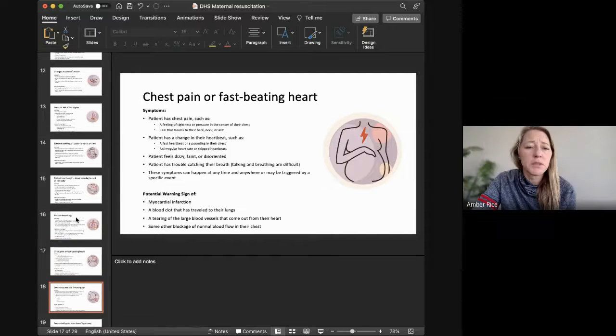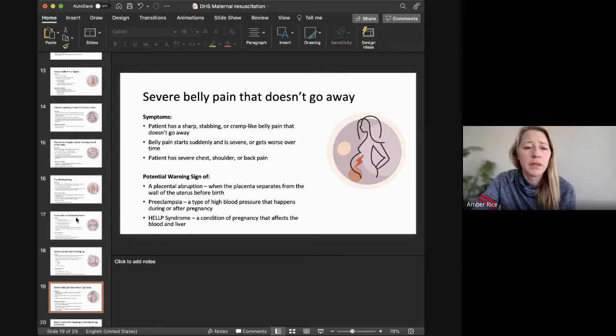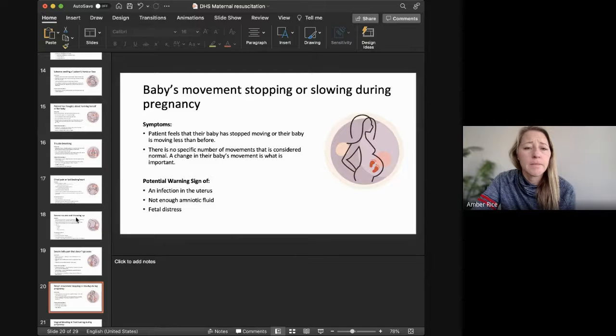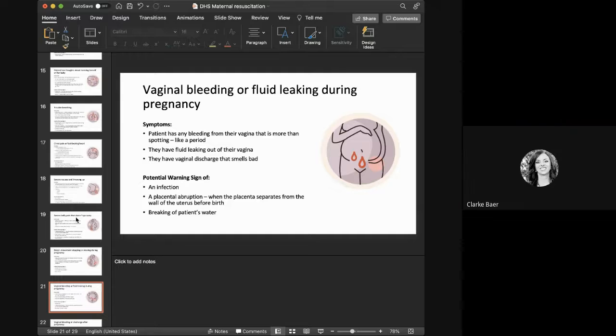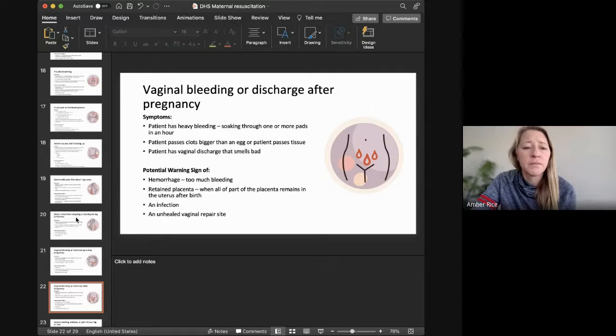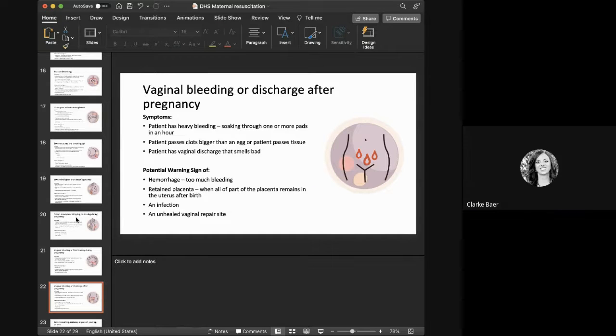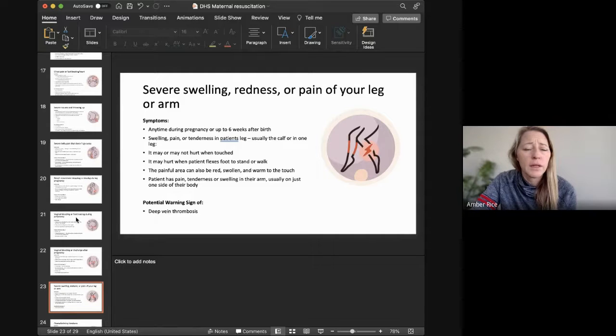Okay. Chest pain, severe nausea, severe belly pain, maybe movement, so maybe preeclampsia and HELLP syndrome, maybe. Yeah. Placental abruption. Okay. Vaginal bleeding. Yeah, placental abruption might be a good slide too to put in there. Severe swelling,